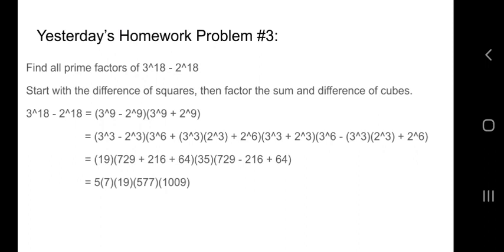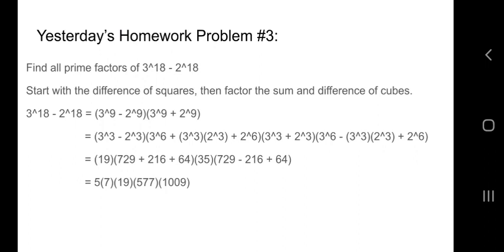And then we can notice that both of these factors, the first one's a difference of cubes, and the second one is a sum of cubes, right? The first one's not a difference of squares, but it is a difference of cubes. So we can factor both of them, and it's really important to see what A and B are. If I'm going to think of this 3 to the 9th minus 2 to the 9th as a cubed minus b cubed, you better correctly identify what a is and what